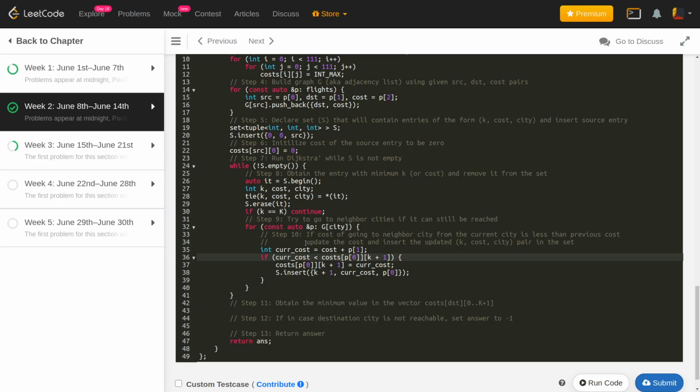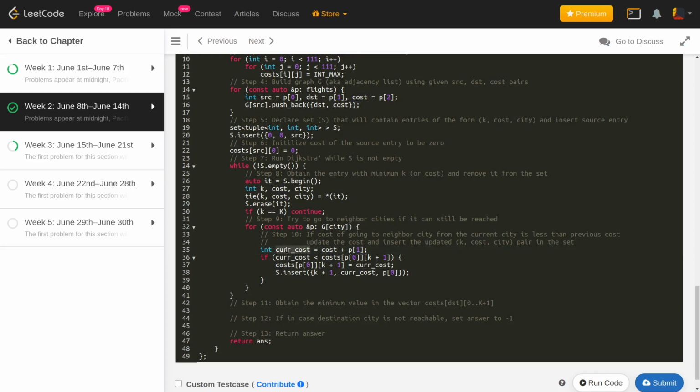Okay, cool. Now what I do is I calculate the cost of going from this city to the neighboring city, and that can be done using this. So the cost is the previous cost that I incur in order to reach this city till now, plus P of 1, which is the cost of the road, or the distance between the source and the destination, because this is what I have stored here in the cost.